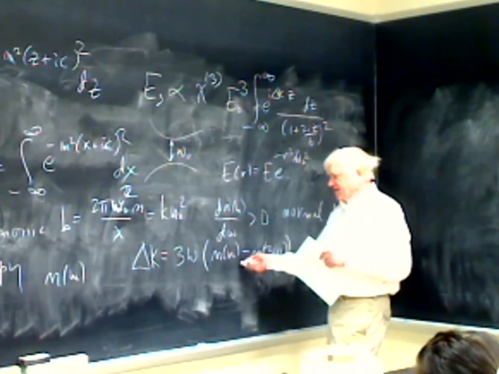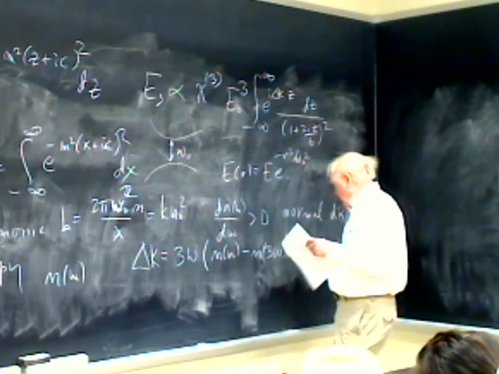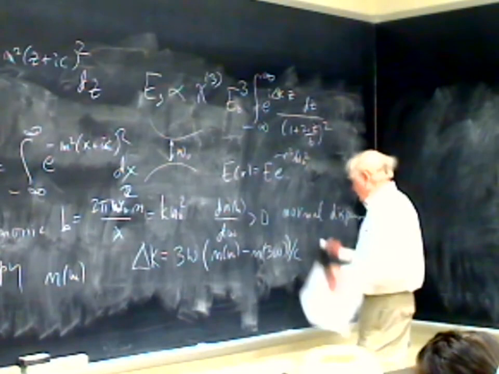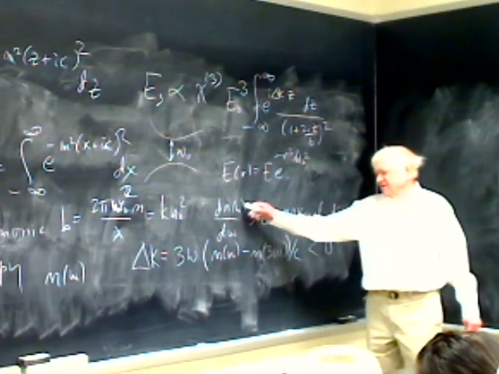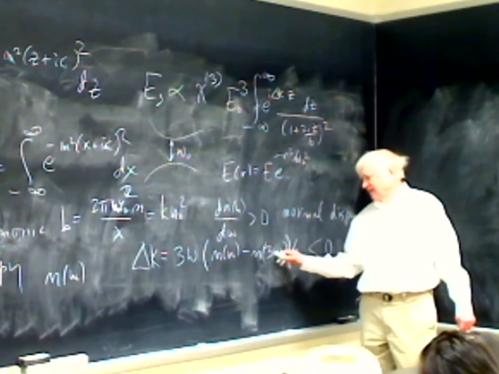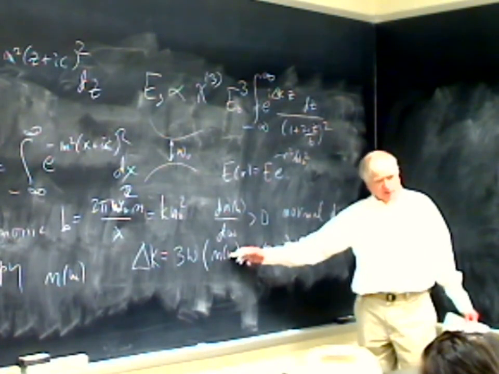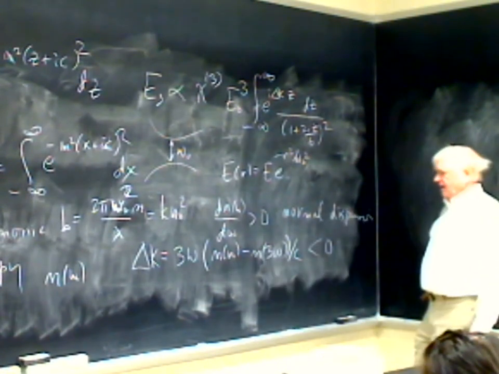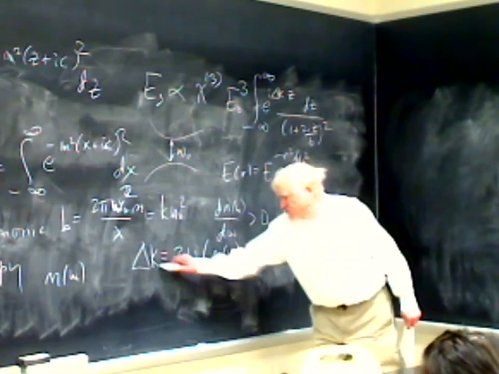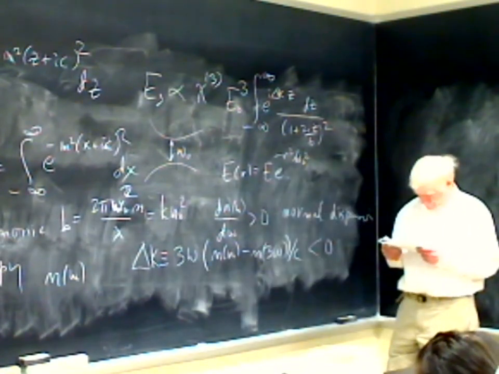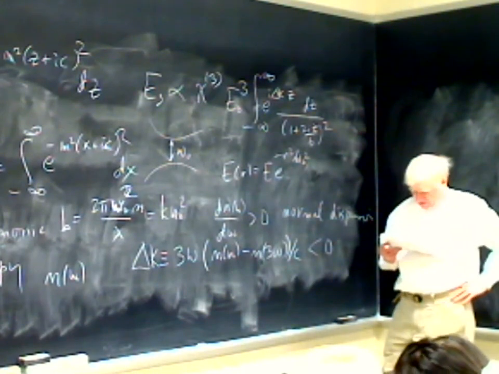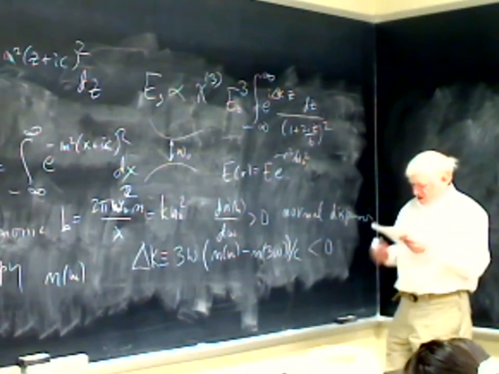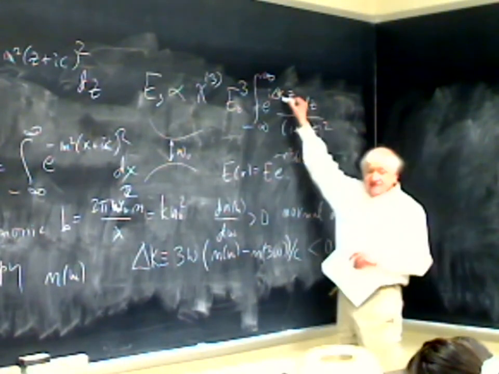This is what dk is by definition, and this is less than 0. The reason is that if dn d omega is positive, then n is bigger at 3 omega than it is at omega. This part is a definition, or rather part of a more elaborate treatment that I'm not going to go through. So since dk is negative,